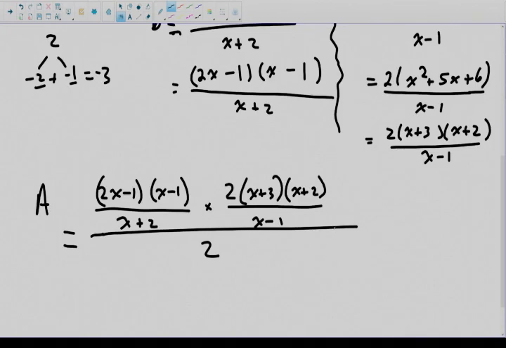So it's right here. Looking at just the numerator, there's things that cancel. The x minus 1 will cancel with the x minus 1. The x plus 2 will cancel with the x plus 2. Now, I don't know if you can see that this 2 would therefore cancel with that 2, but if you can't see it, I'll show you why. What are we left with? Well, we're left with 2x minus 1